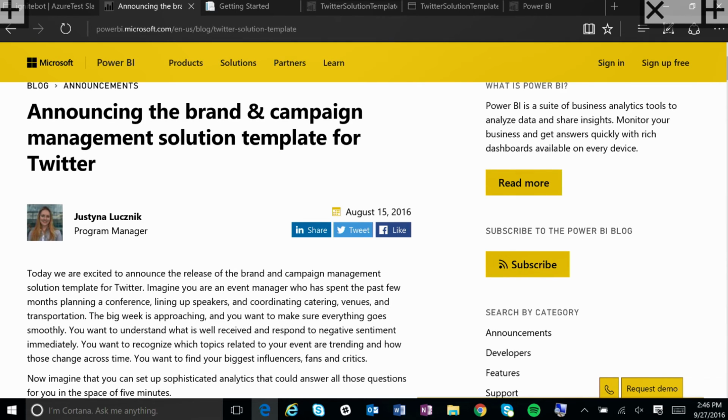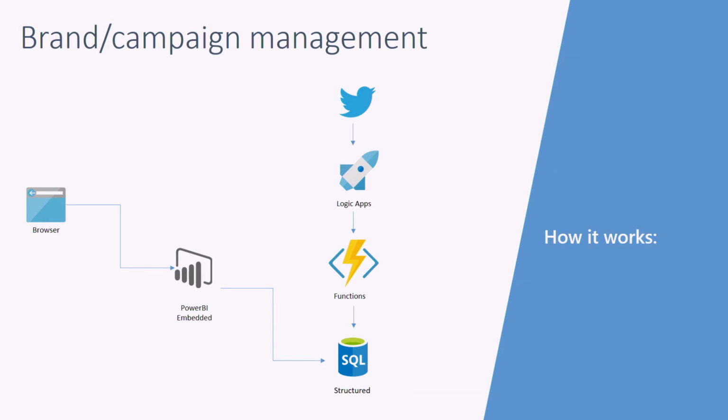Now, it's called the Brand and Campaign Management Solution. If you do a Bing search or Google search for that, that blog post will come up. There's a great video there. I'd really encourage you guys to go away and try deploying that and follow your company or organization or even your personal tweets to see what kind of sentiment you're getting. And you can actually drill down into the sentiment and see which ones are being flagged as bad sentiment